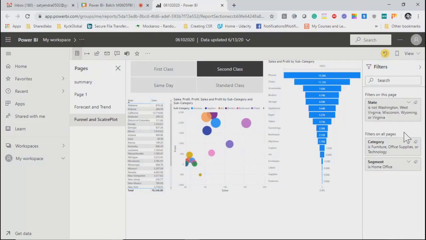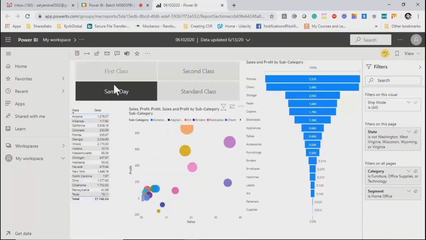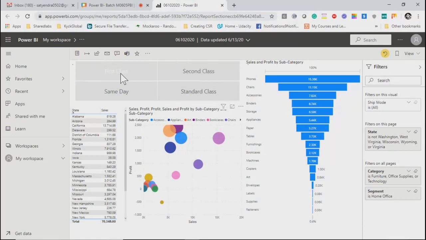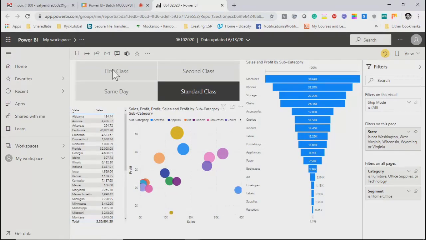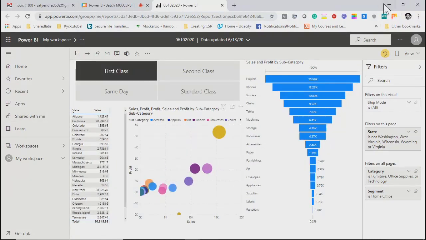State filter is there, category and segment are there, but the sales filter is not there. That is hidden. If you want to see that, you need to download this workbook and then you can see it. And these are the slicers, so they will work as they are. Okay, right, fair enough. So let me just go back.